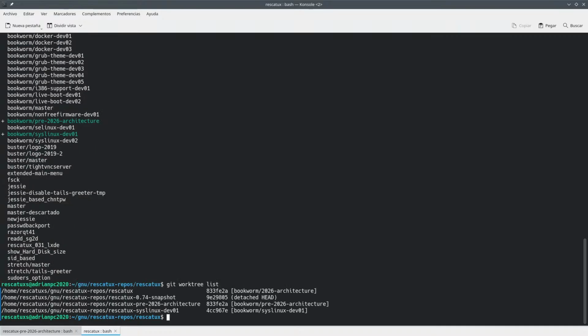Work tree list. Oh, look at that, I have some other work trees apparently. So what I want to do is to have a new work tree, which is the Rescatux new stuff. I can work on that, and then the idea is to just have this like